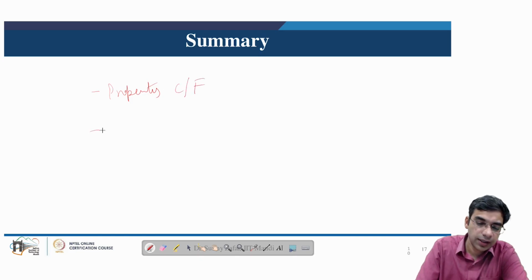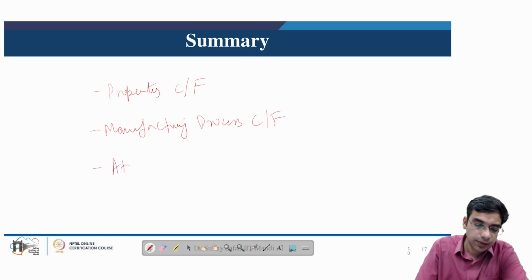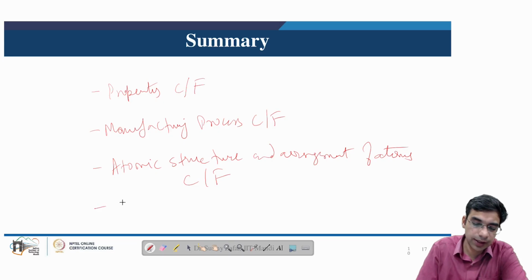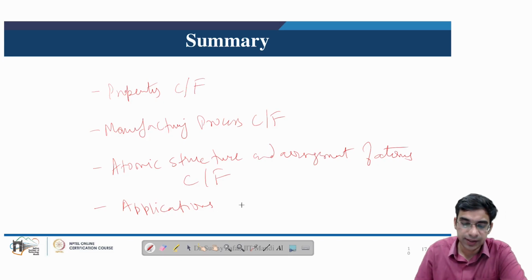We have looked at the manufacturing process of carbon fiber. We have also understood the atomic structure and arrangement of atoms in carbon fiber, which offers them unique properties. And other than this, we have looked at applications of carbon fibers in not only wind turbines but several other